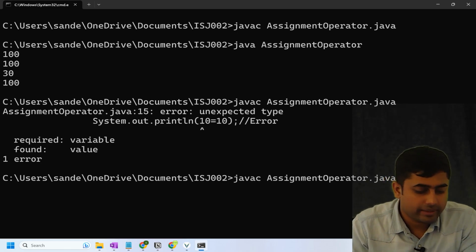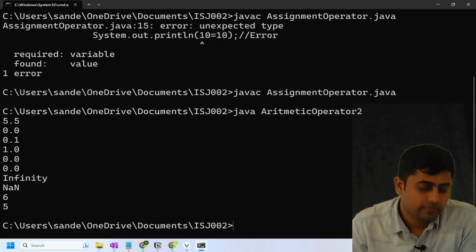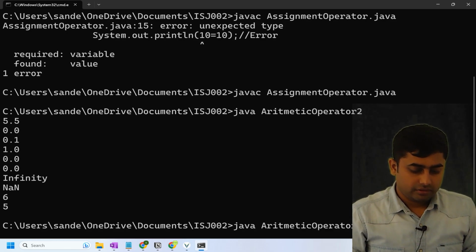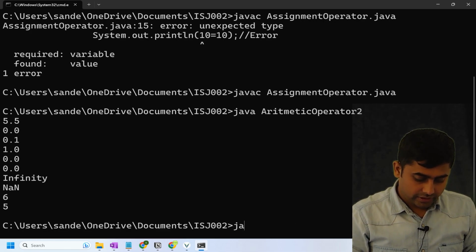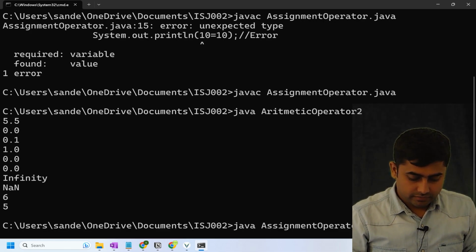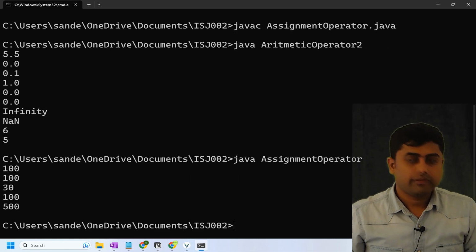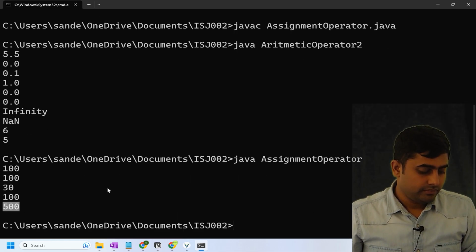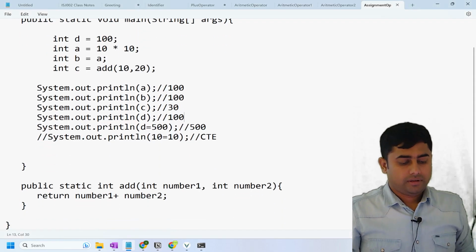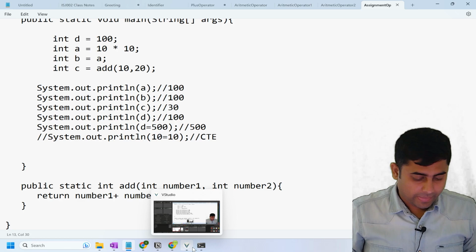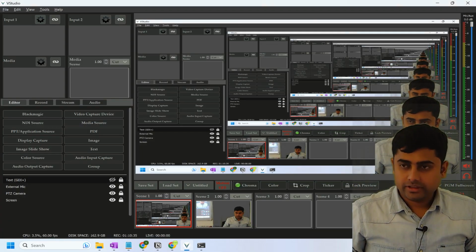Let's compile this one more time. See here. Not this one, it is assignment. Okay, see here, 500. Easy, right? Perfect. So with that we will